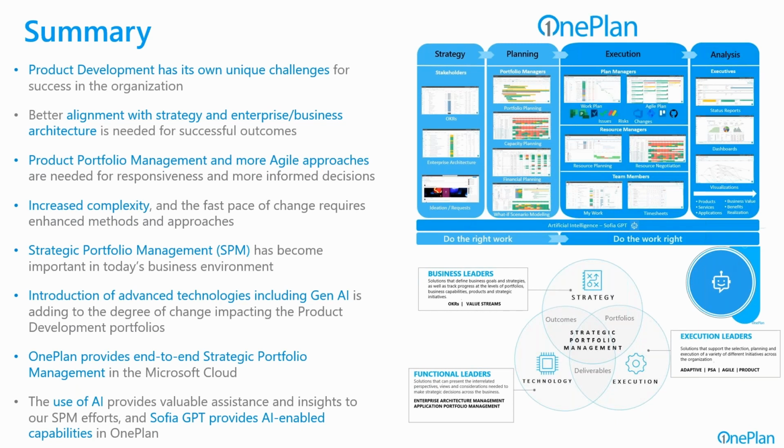There's also increased complexity today, so the fast pace of change requires these enhanced methods and approaches, like more agile approaches and more portfolio visibility into those things. And the discipline of strategic portfolio management with strategic alignment has become important in all aspects of the business, including product development. And the introduction of advanced technologies, including generative AI, is adding to the degree of change in organizations, but it's impacting product development portfolios in a positive way. And OnePlan, hopefully we've shown you, provides end-to-end strategic portfolio management in the Microsoft Cloud that can be leveraged very nicely for